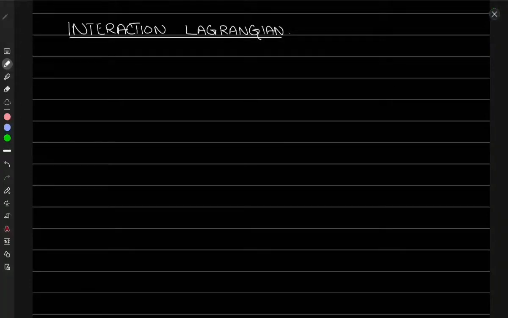Okay, so last time we discussed the relativistic Lagrangian, and we did the covariant treatment of the relativistic Lagrangian. We also derived the equation of a free particle from that covariant treatment of that relativistic Lagrangian. So today let's get an additional term of that Lagrangian that would describe the interaction of the electron field with